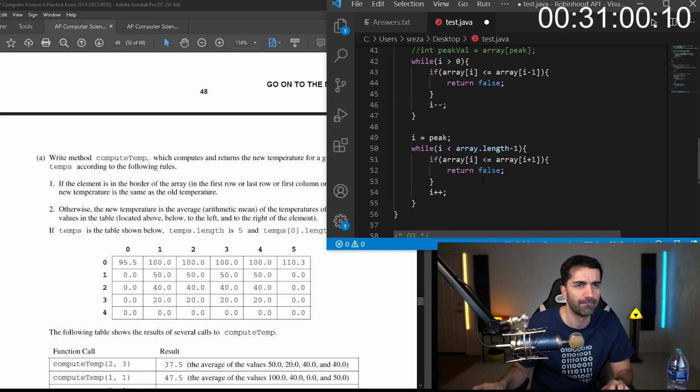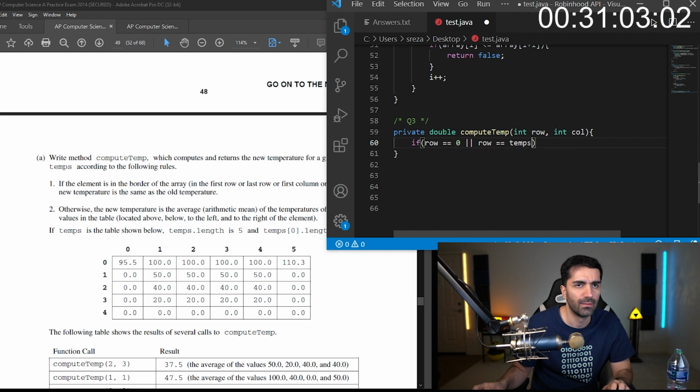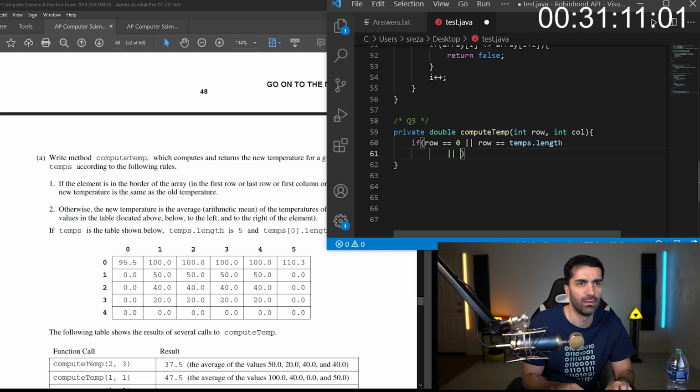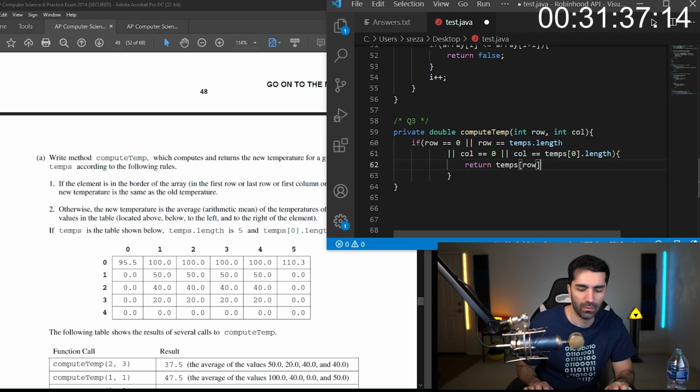Temps. Temps dot length or row, call equals 0 or call equals temps 0 dot length. So if those are true, we're simply just going to return temps row call.